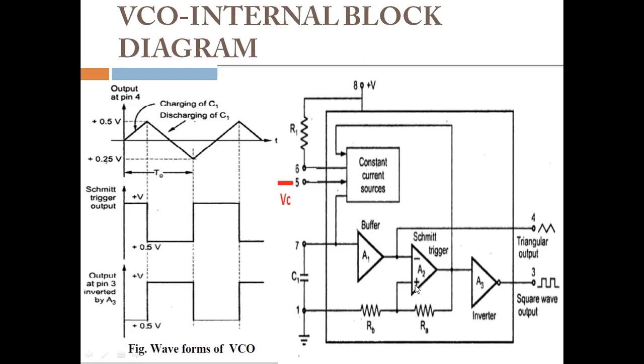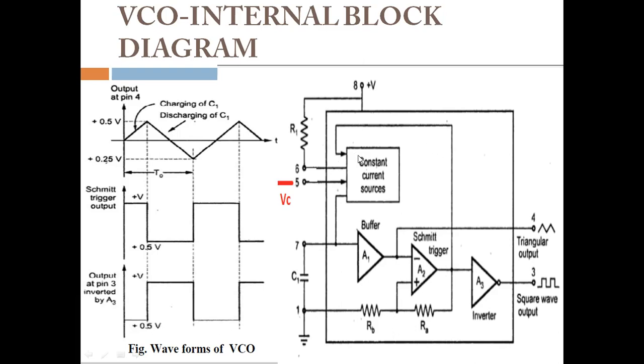This non-inverting voltage is compared with this capacitor voltage. When the capacitor voltage reaches beyond 0.5 VCC, the output of the Schmitt trigger goes from positive saturation to negative saturation, so you will get the negative pulse here. Compared to this 0.5 VCC, at a particular point this charging value goes above 0.5 VCC, so it is higher than this positive voltage. At that point, the Schmitt trigger output goes low.